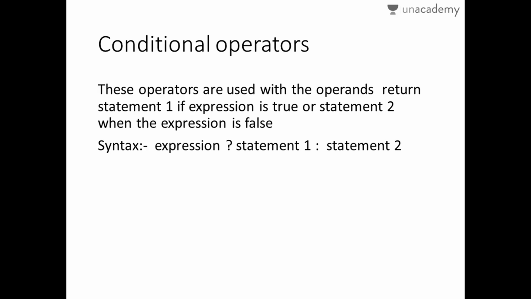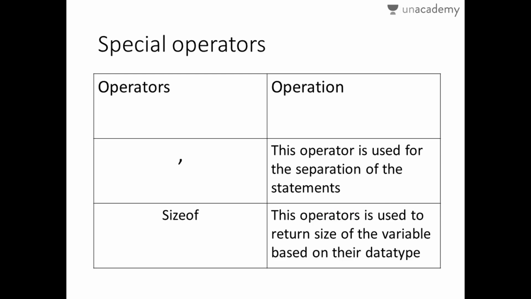Now this is the conditional operator. It checks for the condition. My expression can be anything, like x is less than y, where x can be 5 and y can be 10. If my expression is true, it will return me statement 1. If my condition is false, it will return me statement 2. Now the special operators. In this we have two types of operator, you can see sizeof, which will return me the